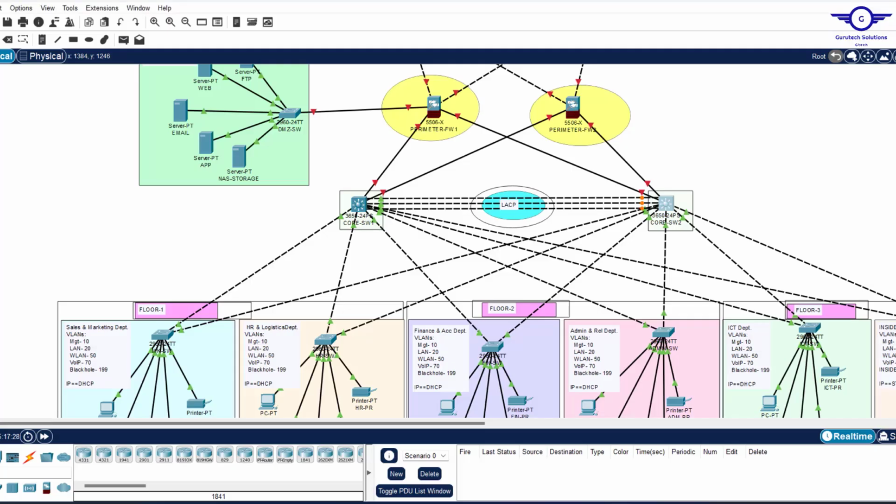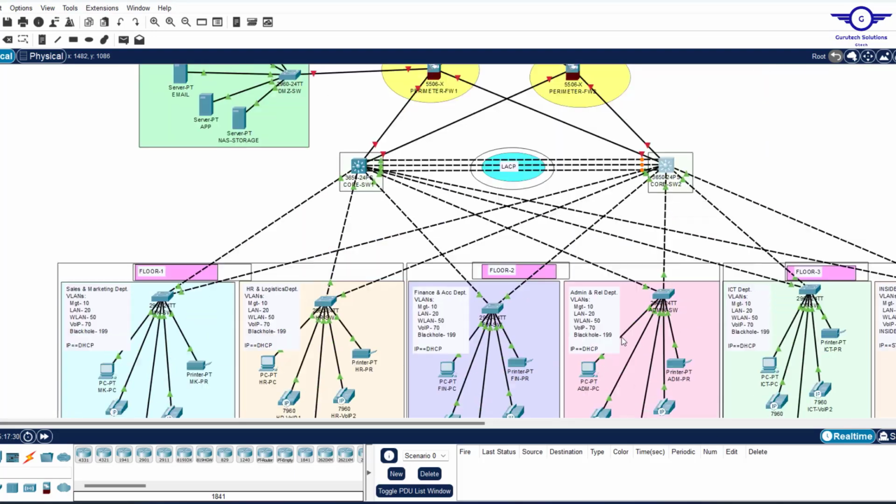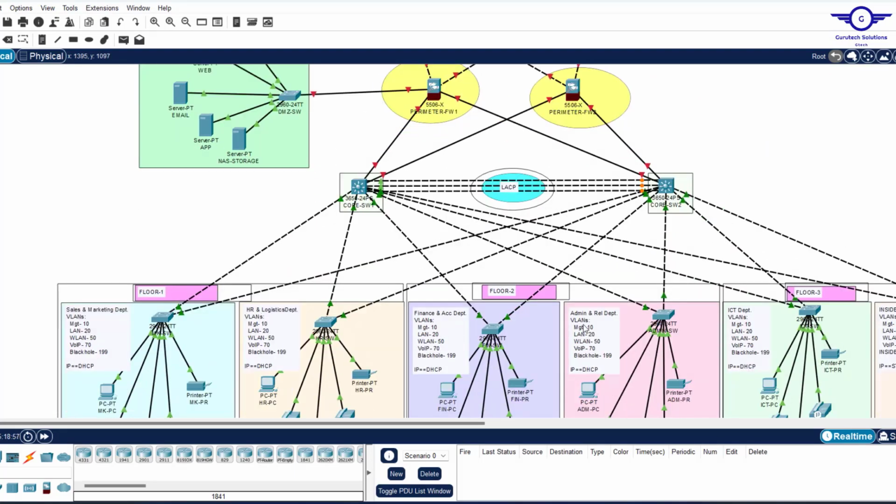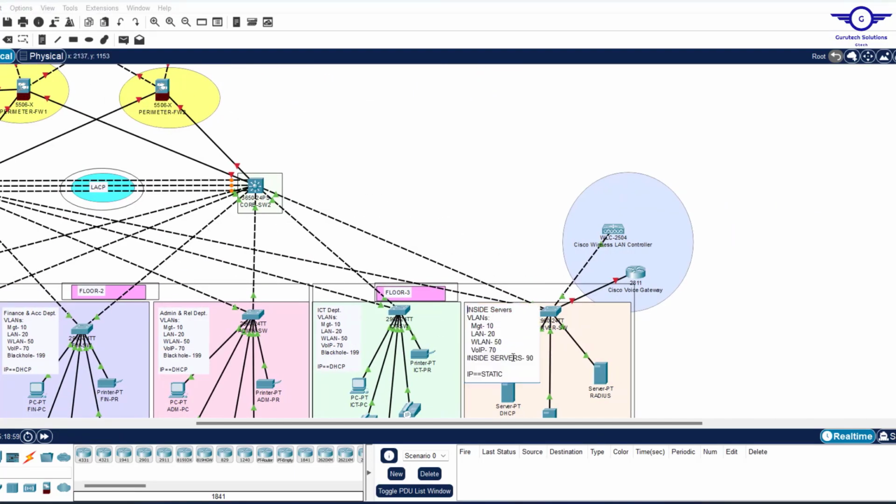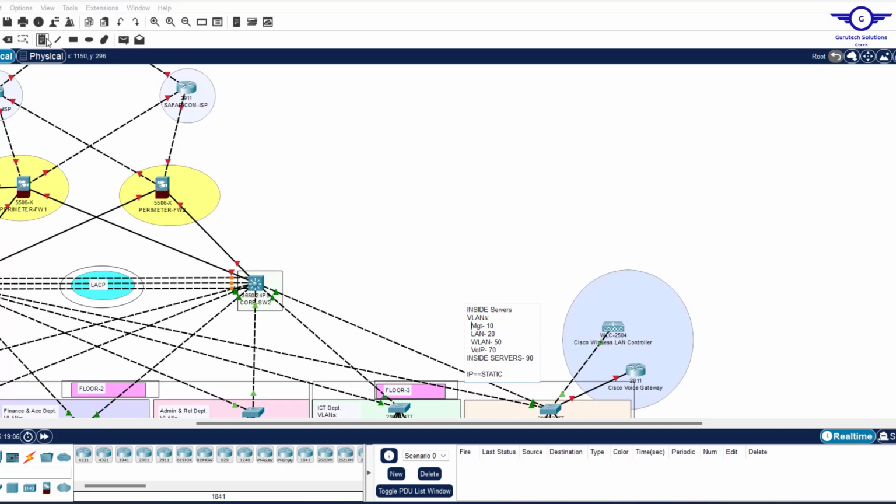I'm just going to do a very general comment on this topology. Good. So for IP addressing, I just copy this, I come here and paste it. For the management network,